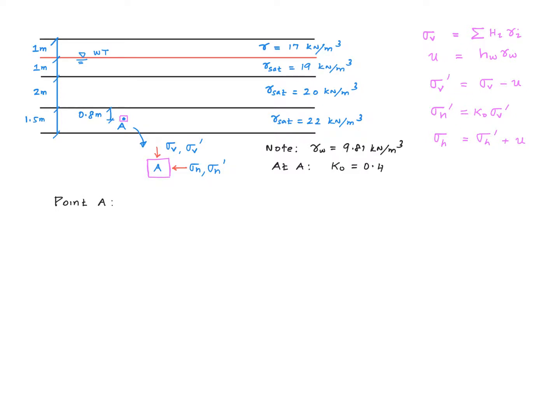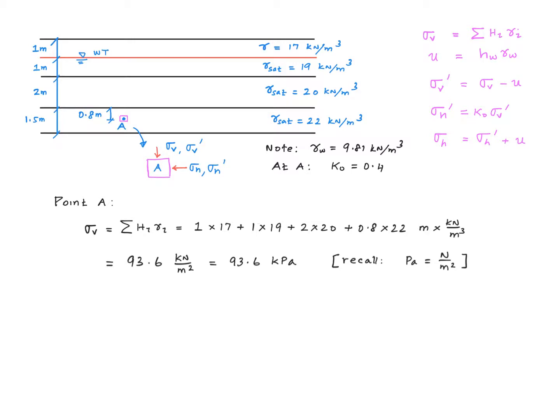So we are looking at point A, right? So here are my calculations for sigma V, the total vertical stress at point A. There are 4 layers above point A. Layer 1 has a thickness of 1 meter and the total density of 17 kilonewton per meter cubed. And layer number 2 has a thickness of 1 meter and the total density of that layer is 19 kilonewton per meter cubed. Layer 3 has a thickness of 2 meters and a total density of 20 kilonewton per